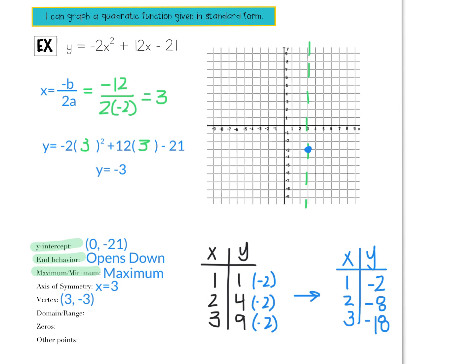So I'm still going to go over 1 from my vertex, but that -2 says go down 2. And then I can reflect it. And then I'm going to go over 2 from my vertex. Remember, these are always movements from the vertex. So from the vertex, I'm going to go over 2, and I'm going to go down 8. So over 2, it's going to be right there. And then that's going to reflect over here. So you can see